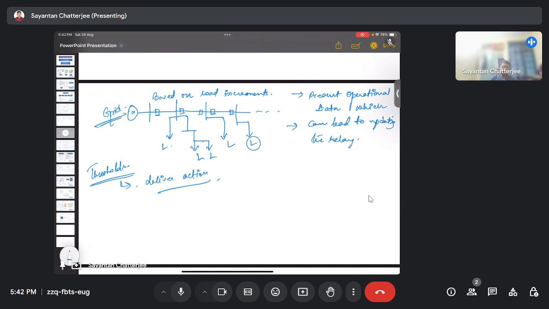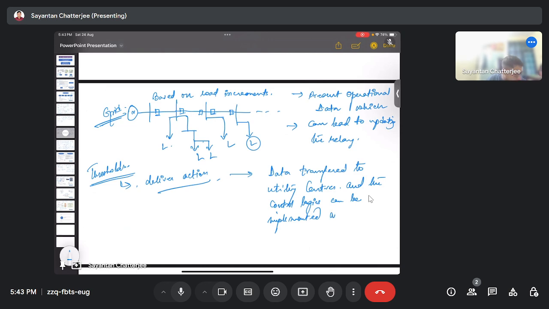So we need to update those thresholds, and that updating of the thresholds can be done probably with the help of various data driven approaches where the data gets transferred to the utility centers, and the control logics can be implemented and revised automatically,